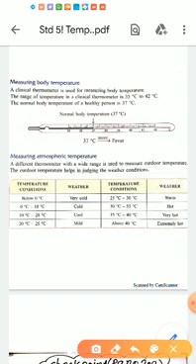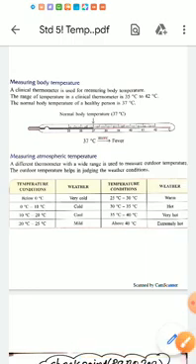Children, here you can see the temperature condition goes on increasing, right? And as the temperature goes on increasing, the weather will be warmer and warmer, right? When temperature ranges from 35 to 40 degrees Celsius, the weather is very hot. And above 40 degrees Celsius, the weather is extremely hot.